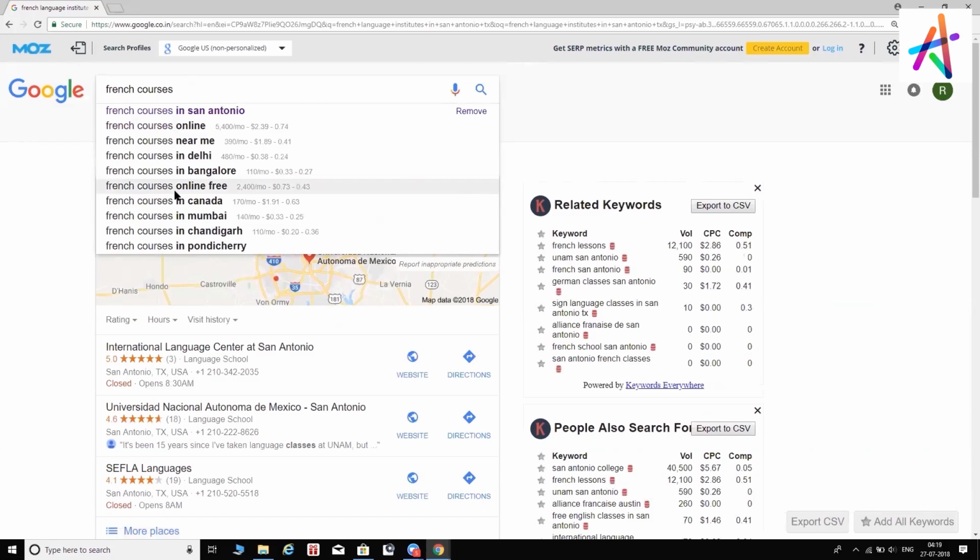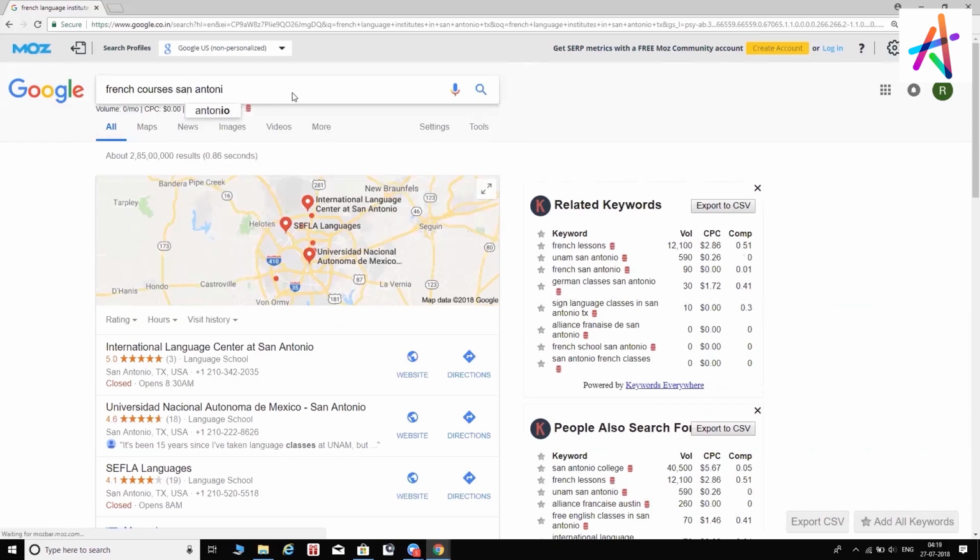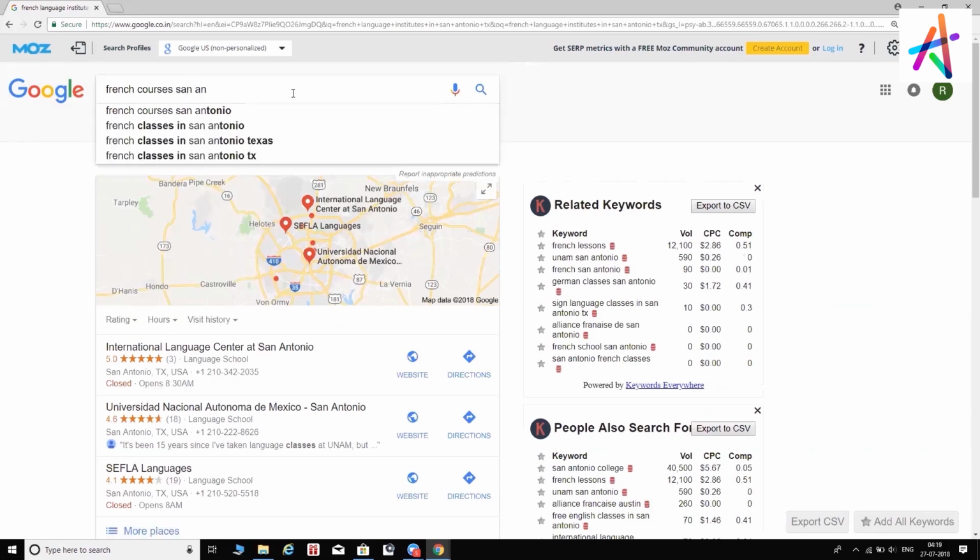You're following what I say? It helps you understand that your prospective customers are already searching something on these lines. Now, because I'm in Bangalore, India, these results are showing up which are more relevant to my location. But as you type San Antonio, for example, you see, there we go. Google is suggesting me some very specific keywords that might be applicable for people who are searching in San Antonio,